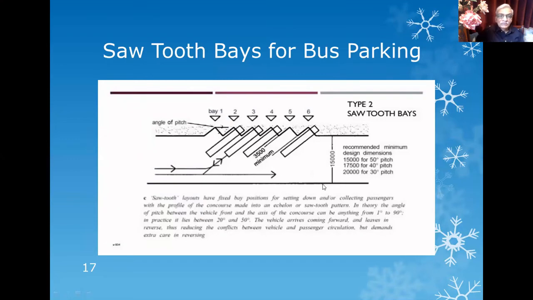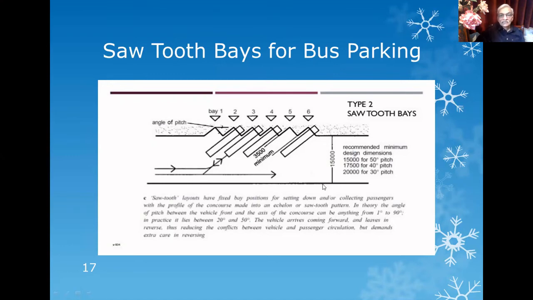This is the example of a sawtooth layout for bus parking, especially when an architect is designing a school and the school campus has to be laid out properly, then you need to make provision for parking of buses as well. Normally, the buses are parked at 45 degrees.